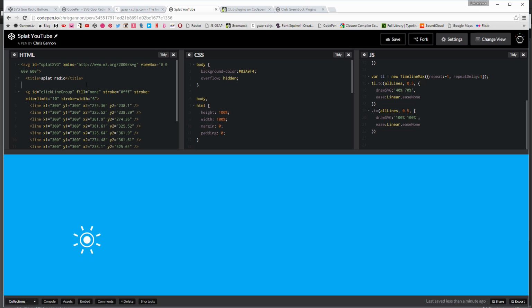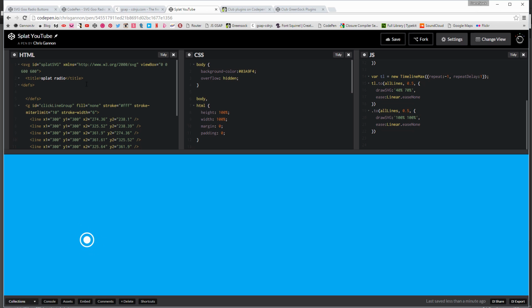Okay, I've just noticed that when you export a selection, you don't get a defs tag. Now, the defs tag is the definitions tag, and it's required. It's like it's off stage. It's like the green room, if you like, and you can call characters from it and call actors from it and call elements from it and apply them to the stage. So anything that you put in the defs tag, it's a definition of something, and then you can use instances